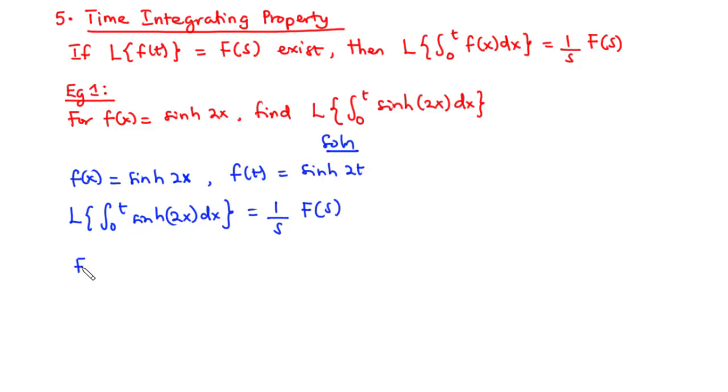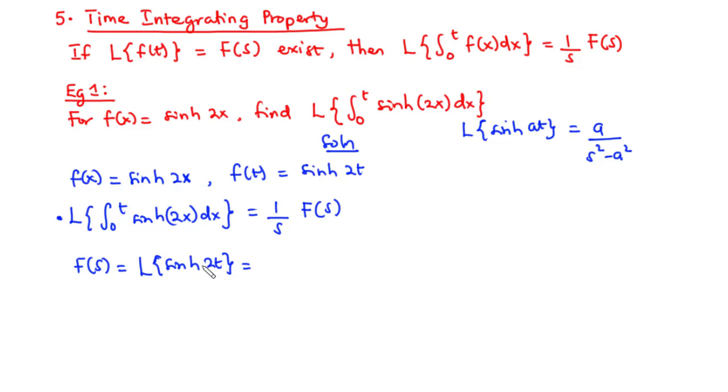So capital F of s is equal to the Laplace transform of the function sine 2t, and even before that, we know that the Laplace transform of sine at is given by a divided by s square